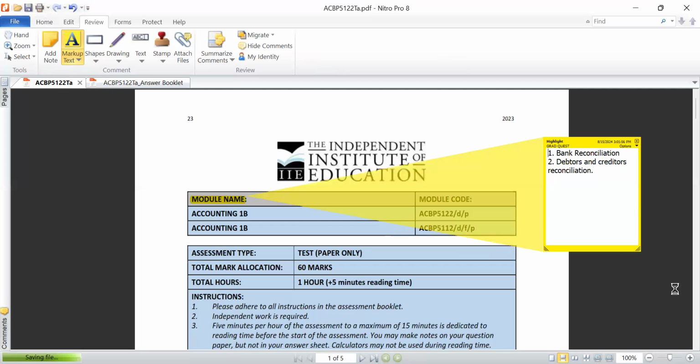Yes, sir. Right. So I would endeavor to explain beginning with the bank reconciliation today. And then in the other lesson, I'll be discussing the debtors and the creditors reconciliation. To do that, there are notes that I want to open for our discussion